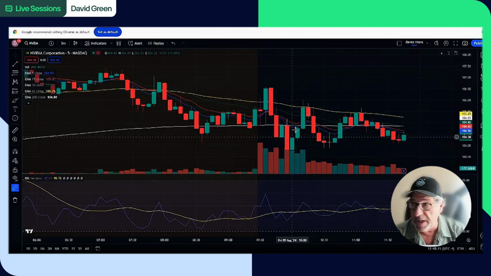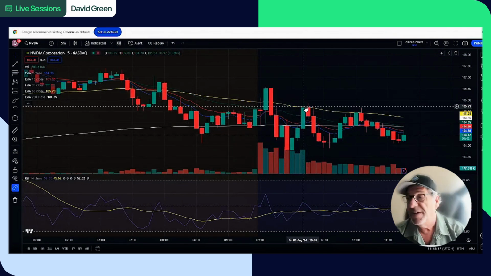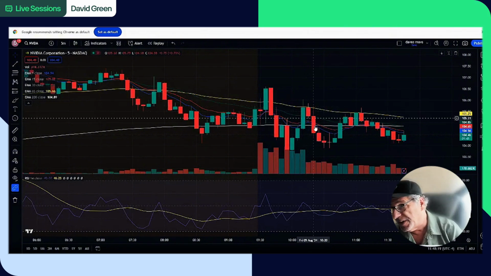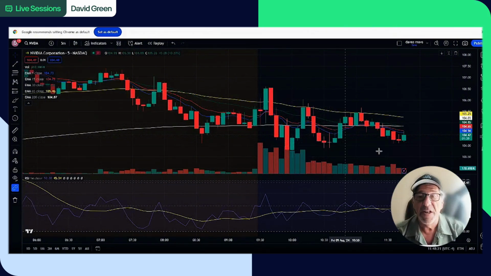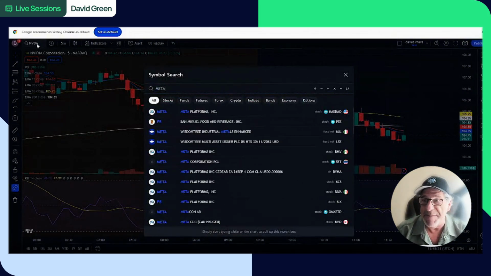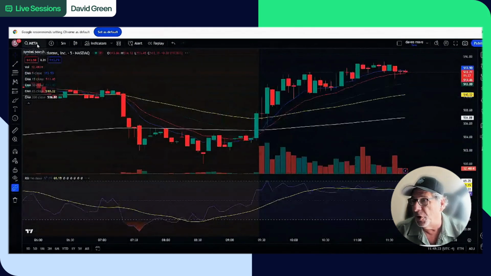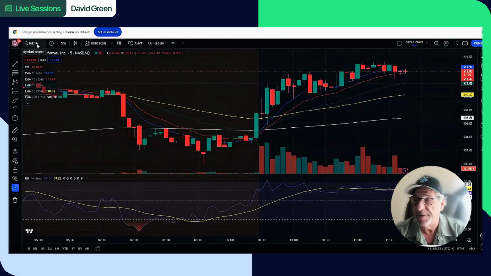We went from a low here to a high here, hit my 65 EMA, and you can see what the result was after that. So even for my day trading purposes, I will use my moving average to find reversals, but on a shorter term time basis. That's it. So I'm really using the same methods, whether I'm looking for a longer term trade or a shorter term trade, right? This is Meta today, okay?